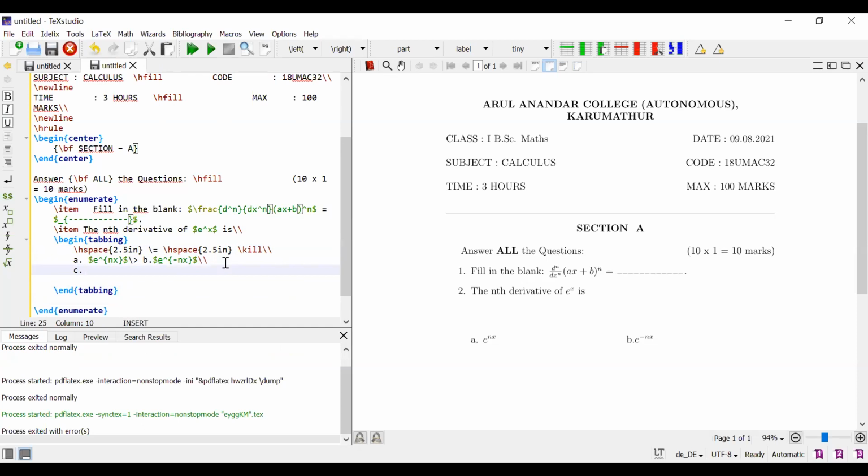My next option is E power X. Next one is my last option is E power minus X.